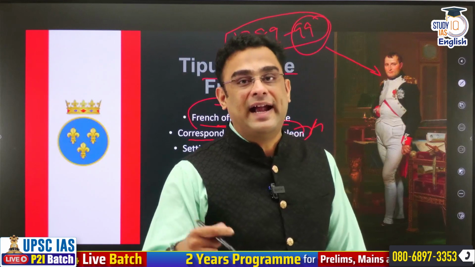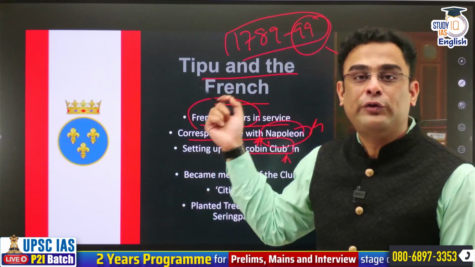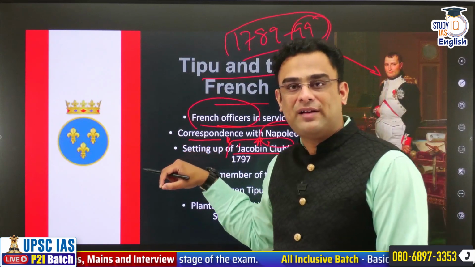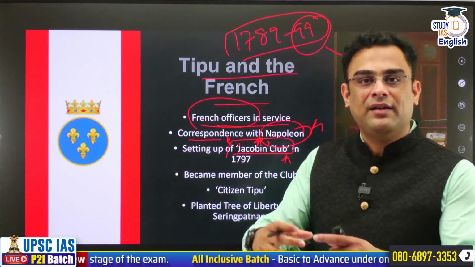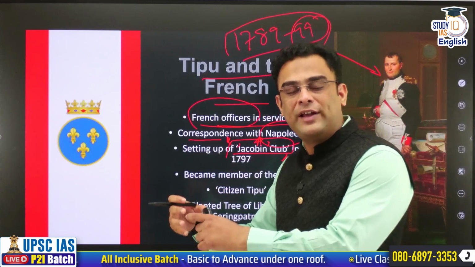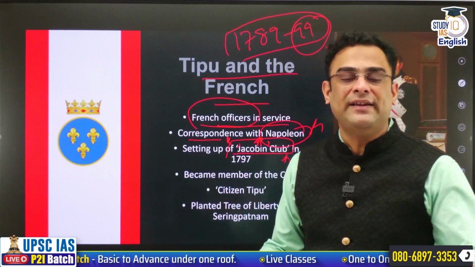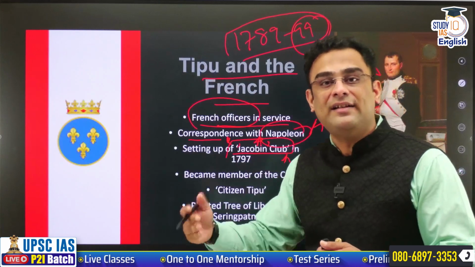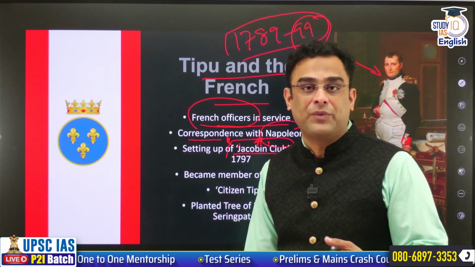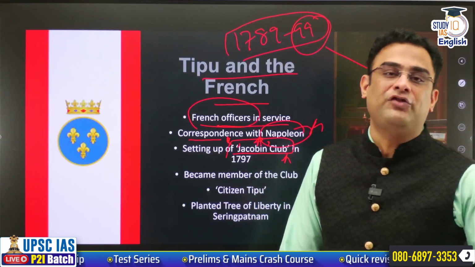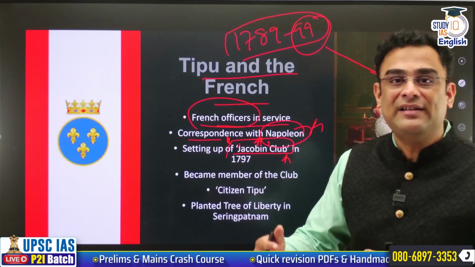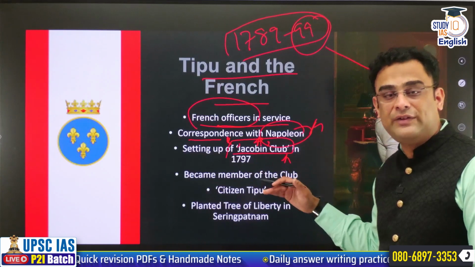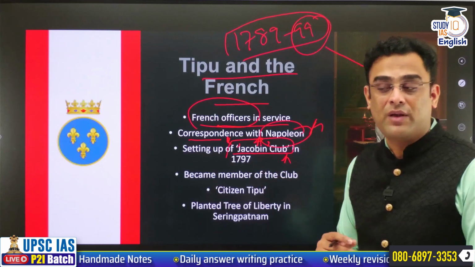Maximilian Robespierre and his friends, who used to meet in a club called the Jacobin Club, together came to the leadership role in the French Revolution from 1793 onwards. And their period sees the most radical decisions in the French Revolution. A lot of bloodshed also, but many radical decisions were taken by Maximilian Robespierre and his Jacobins during the French Revolution. For example,